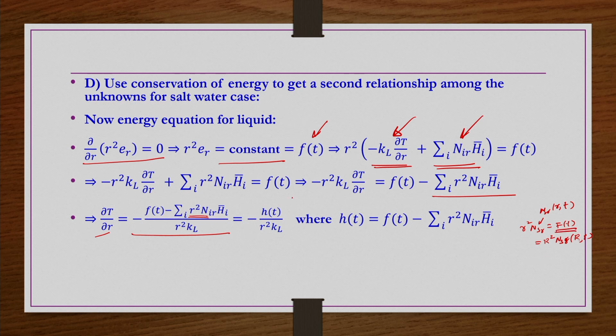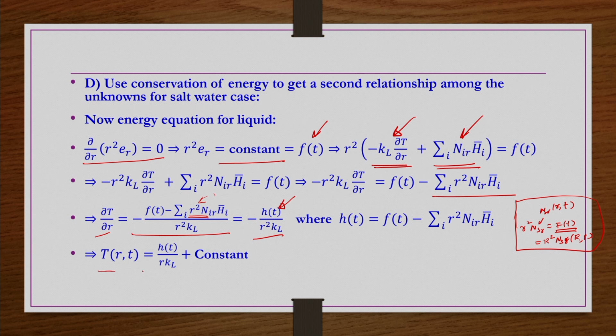So, combining this term and writing it as one simple function of time is not going to affect the further integration that we are going to do. Though by appearance an r square term is also there, you may be thinking how we can take it as a constant, because we have to do the integration in the next step. But that r square N_sr or r square N_ir is a constant, and that is a function of time only, as per the previous slide where we did the species conservation equation simplification, right.